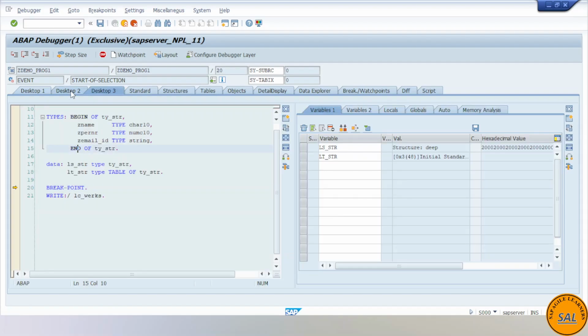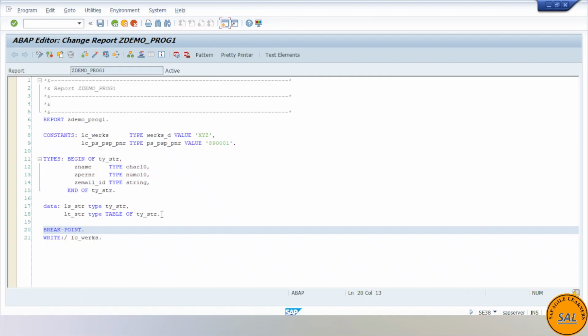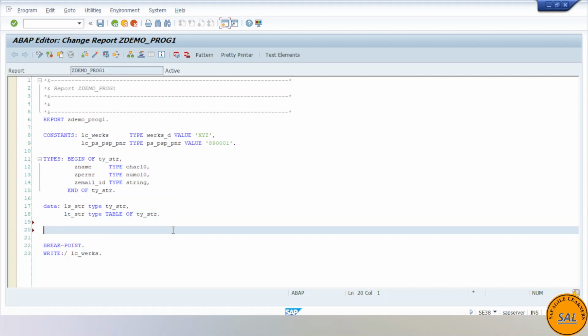Now let's execute it and try to add some data in this table, and now we will be performing some operations as well, like insert, append, modify, delete. For example, let me put some data in this internal table by using work area ls underscore str. You can pass the hyphen, then you can do even control space. You will get to see all the field names here, like Z email ID, Z name, Z partner, similar like above. So you can select any one, Z name, and then equal to, you can pass any name